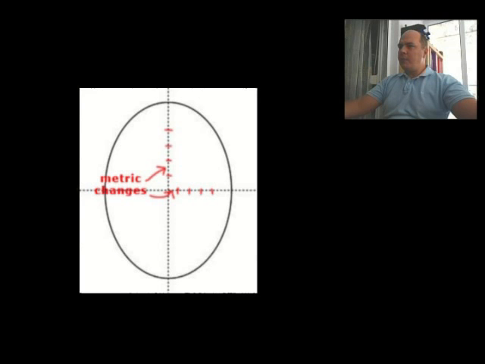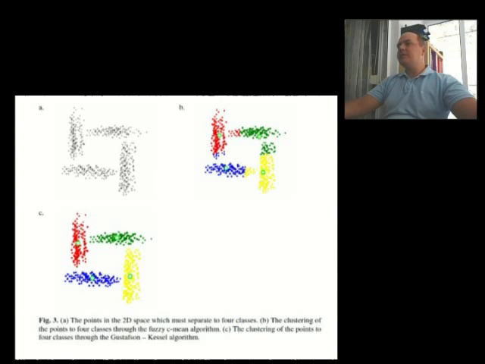The advantage of the Gustafson-Kessel algorithm compared to the fuzzy c-means algorithm is that it can understand shapes in clusters and can change the metric to calculate the distance between the sample and the center of the cluster in a better way. The following images from my master's thesis demonstrate exactly this.